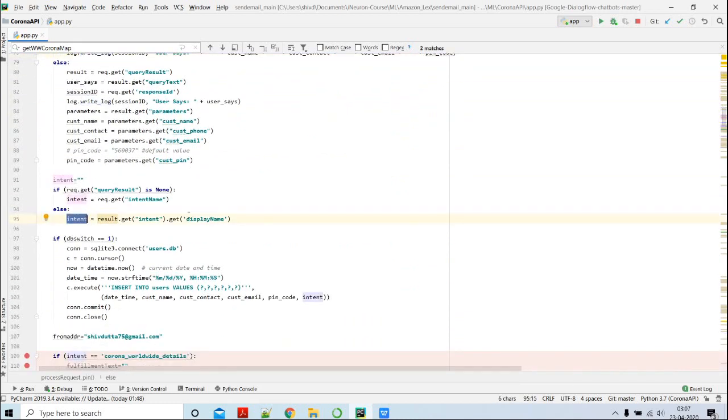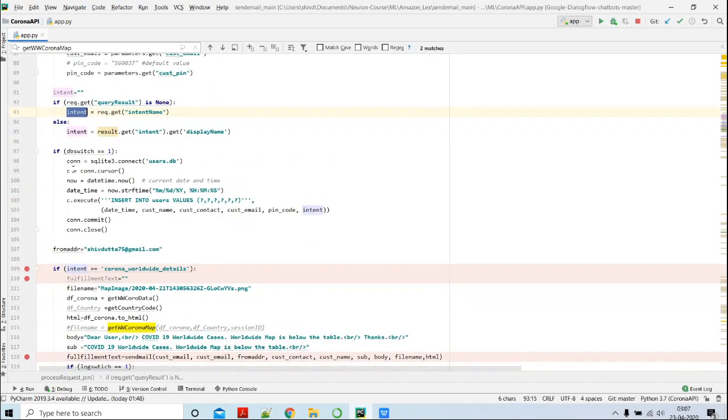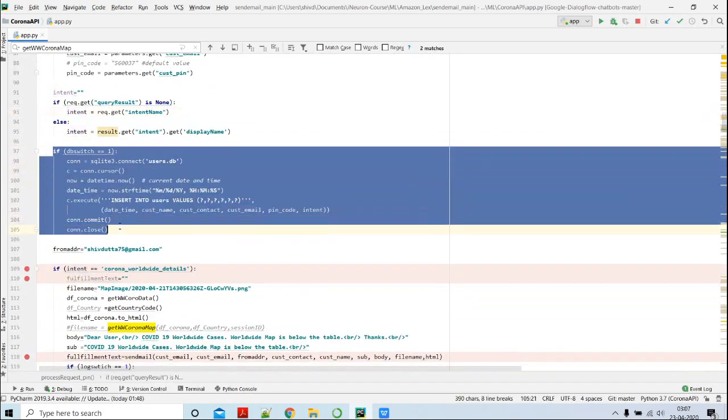So here the key for this intent is display name. So I capture this intent in a variable. Thereafter I log all the input data into the SQLite database.